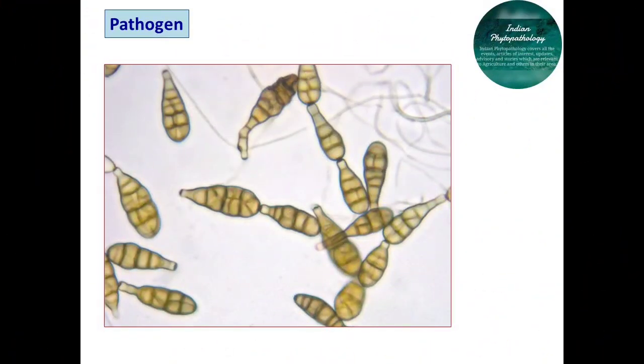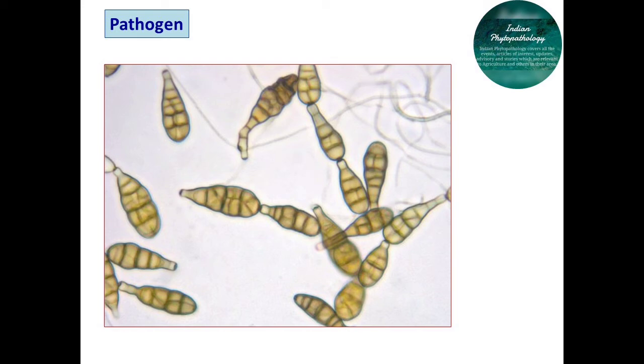This fungus produces dark brown to black colored spores, 1 to 8 septate, and the major character of this spore is that transverse and longitudinal septa are found if you see it in the microscope, as in this image. This pathogen survives in the infected plant debris as dormant mycelium, and this dormant mycelium serves as a primary source of infection, and the secondary source of infection is always airborne conidia. Now we will see the management of this Alternaria blight.